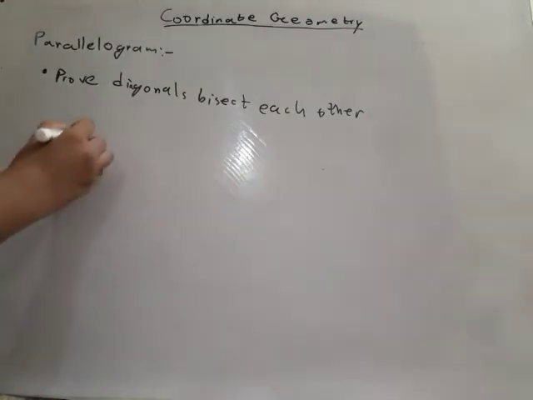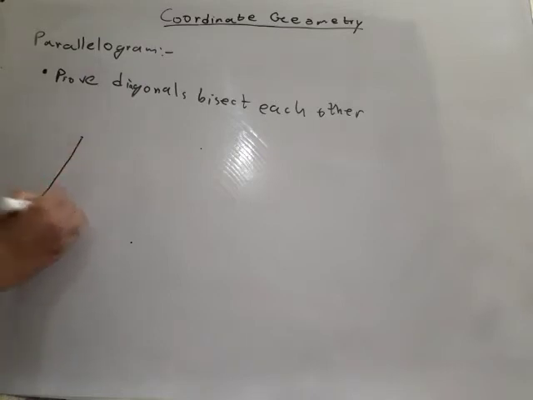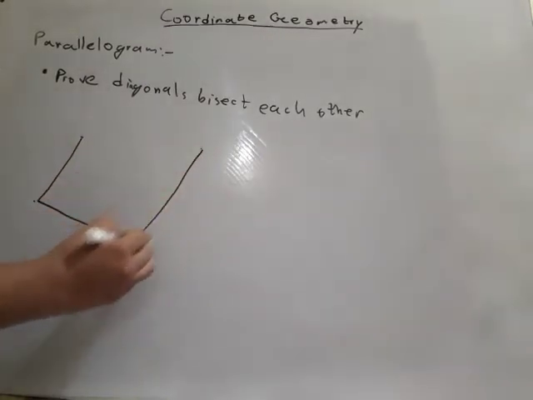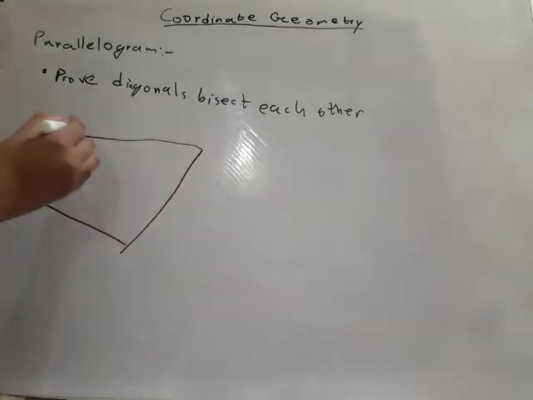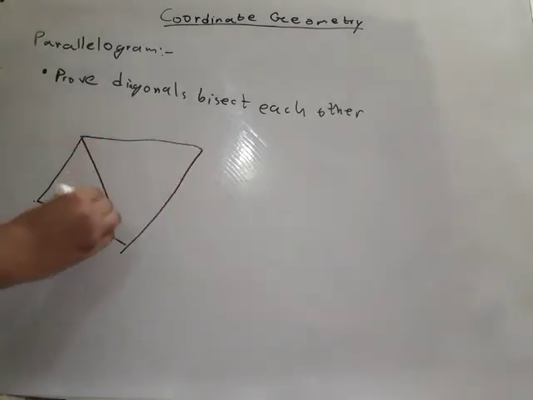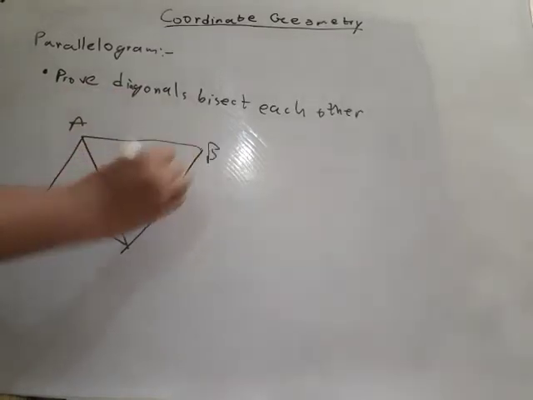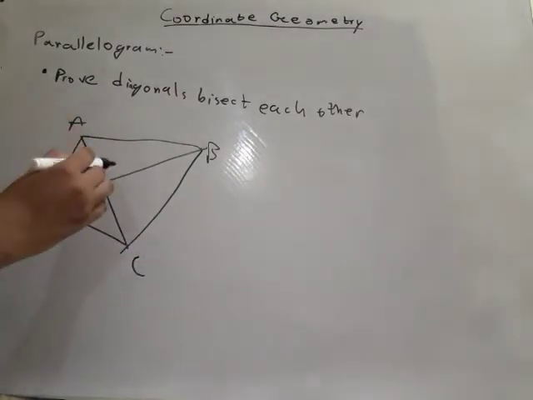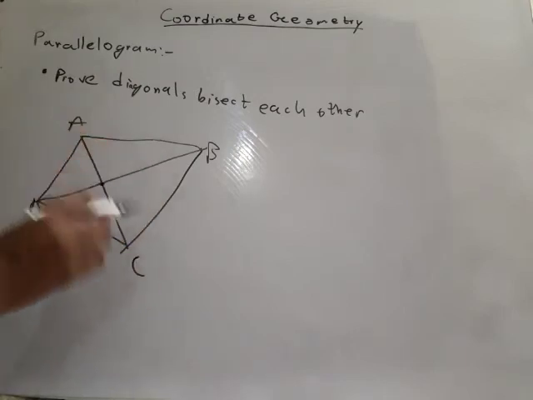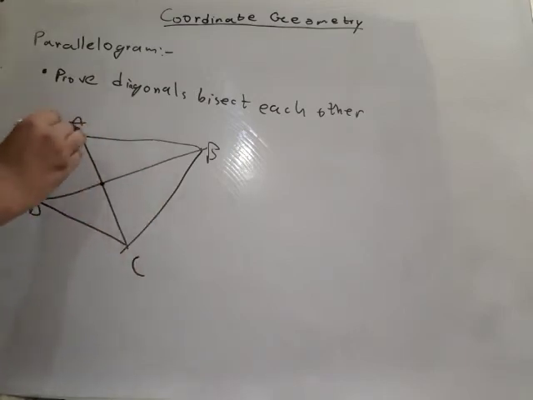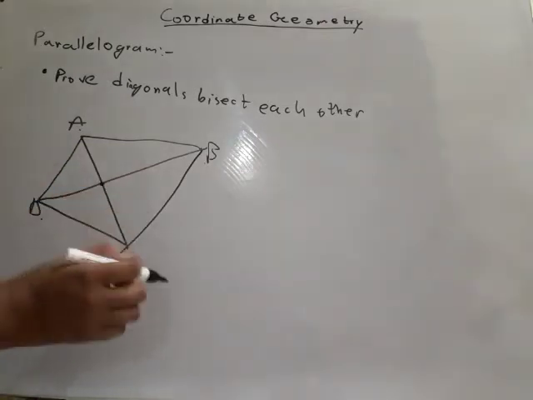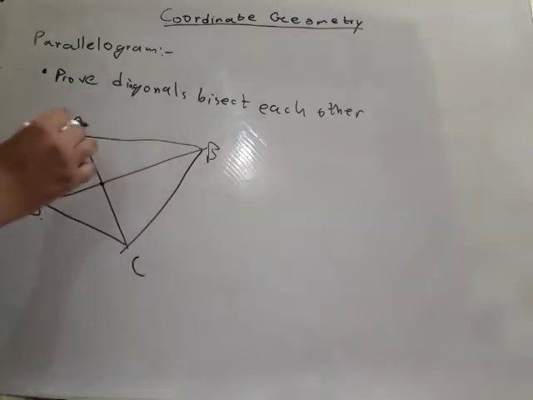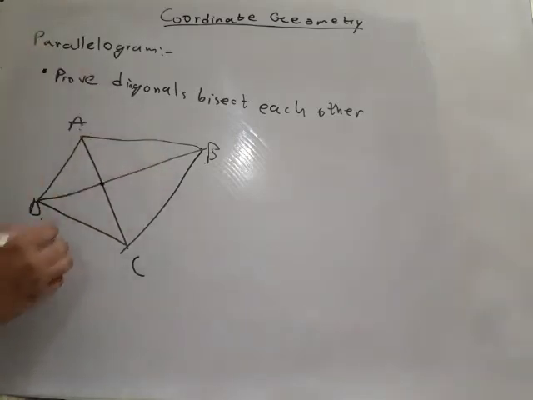Okay, what are diagonals? Let there be 4 points of any coordinates. This is not a parallelogram, but for illustration, let points be A, B, C, D. So we have to show that, first we have to find out the midpoint. Means we have the coordinates of A, B, C, and D. Okay, so we will do what? We will find the midpoint of AC and BD. How will we do that?